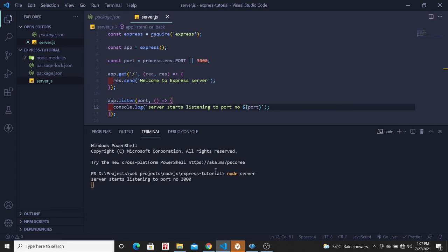So as you can see in this video, we have created our first ever web server, a very simple and minimalistic web server with the help of Express, with barely 4-5 lines of code. And in later videos we will be doing a hell of a lot with this. We will be learning how to handle not only GET requests but all the other kinds of HTTP requests like post, put or update, and delete requests. We will create our own database, and we will see how to read all the data inside the database, how to update that data, how to delete that data, how to create a new entry in the data, all these things with this web server that we have just created.